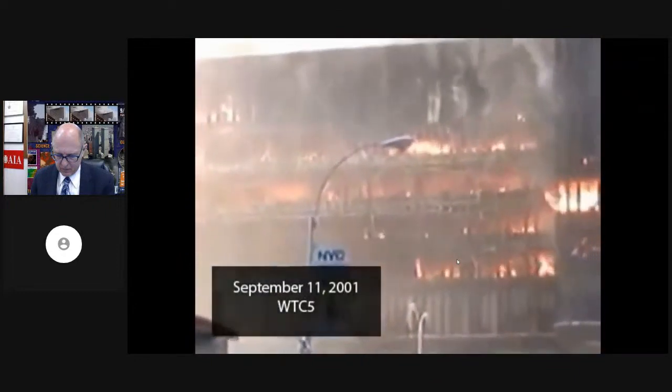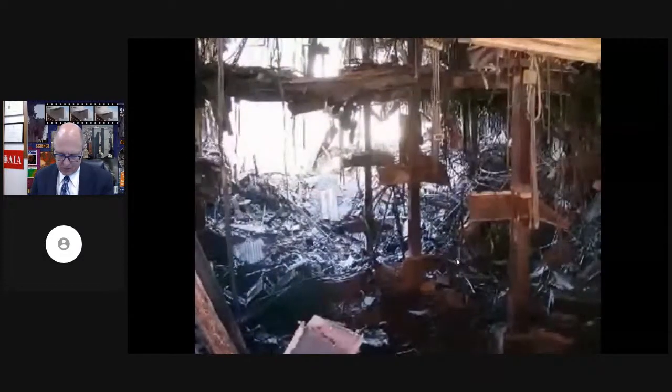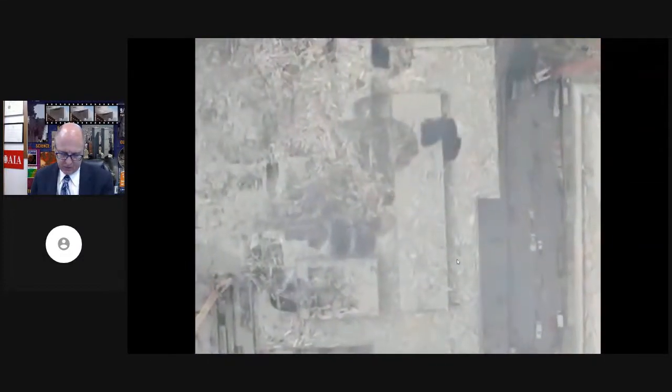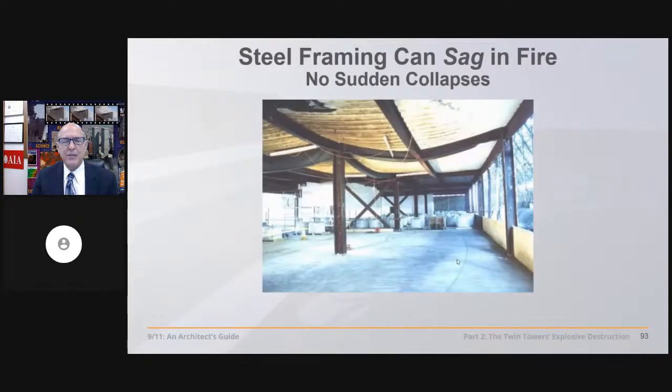It did not collapse. On 9/11 itself, 5 World Trade Center, a 9-story building east of the North Tower, was engulfed in flames after sustaining heavy damage from falling debris. A number of partial collapses occurred, but the overall structure remained standing. February 9, 2009, the Mandarin Oriental Hotel in Beijing was completely engulfed in flames for more than 3 hours during the Lunar New Year celebrations. The fire affected all 44 floors, igniting fireworks as it burned. 1 firefighter died fighting it. It did not collapse. There's about 6 fires that we can add to this list.